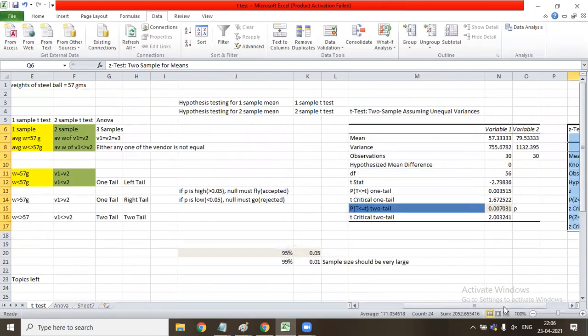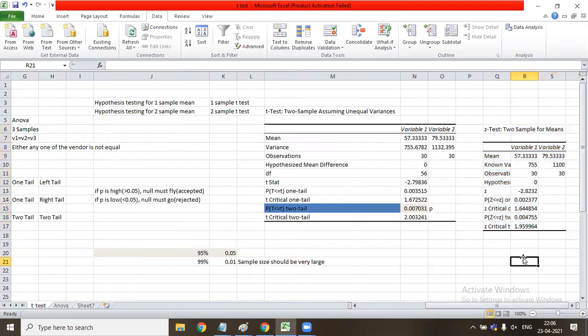Okay, so now you see the p value is 0.007. Here the p value is 0.004. So the output is similar. Whatever we are saying, it is similar only. The difference is only 0.002 something. So whenever we have samples, as we go on increasing the sample size, the p value of T and Z will come closer. Also, T has become Z critical.